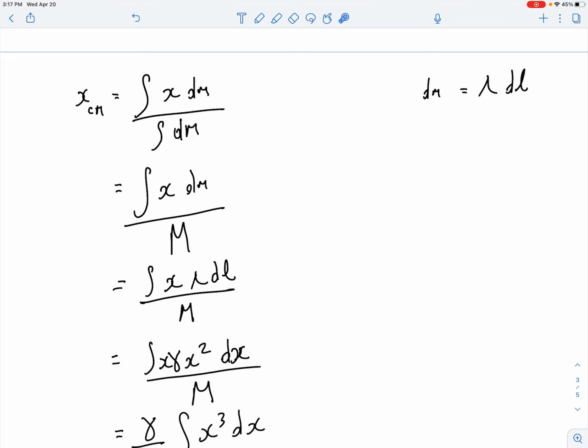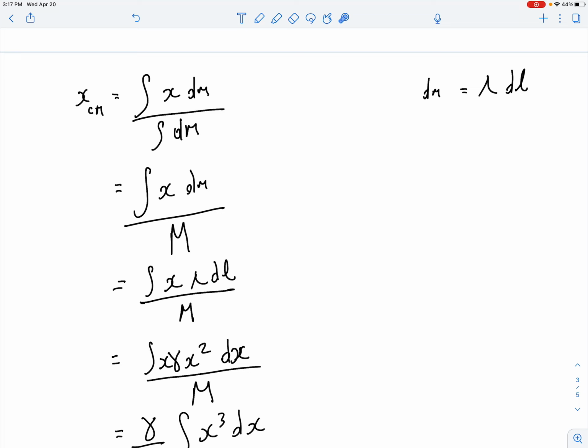Once again, the problem that you're going to have is that you cannot integrate x with respect to m. Those two things don't work out. So you're going to have to either rewrite dm in terms of x or x in terms of dm. We already know that since we have a constant, which is the density of the thing, the linear mass density would be the big M over L. Then if I took a small m over a small l, that should also be equal to the constant. Therefore, dm is equal to lambda dl. So I substitute that in there.